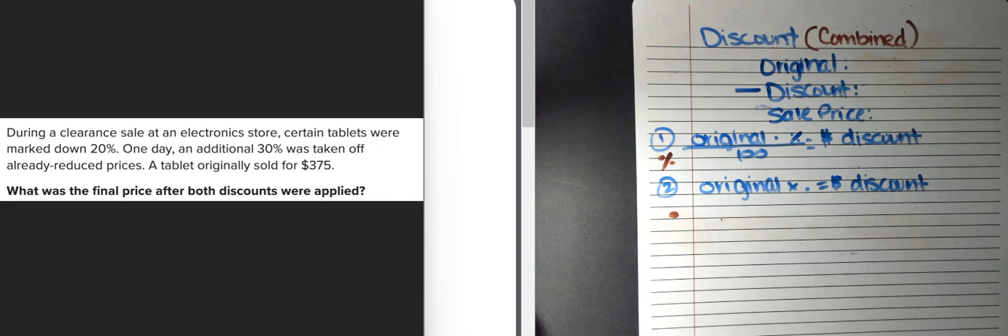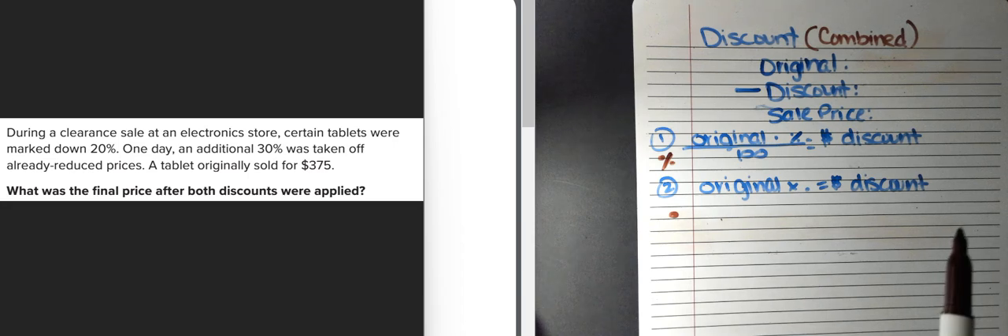So during a clearance sale at an electronic store, certain tablets were marked down 20%. One day, an additional 30% was taken off already reduced prices. A tablet originally sold for $375. What was the final price after both discounts were applied? So, we're going to go through and find the final payment that needs to be paid after both of those